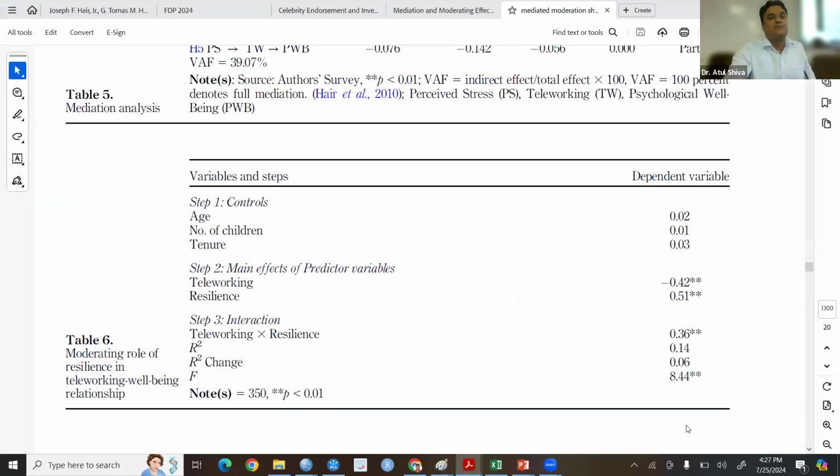स्टेप 1 मीन्स, फर्स्ट ऑफ ऑल, एज लीड्स टू वेलबींग। वो वैल्यू है इसकी। डीवी इज वेलबींग, डिपेंडेंट वेरिएबल इज वेलबींग, और एज इज इंडिपेंडेंट कंट्रोल वेरिएबल। तो एज लीड्स टू वेलबींग, नो। नंबर ऑफ चिल्ड्रन लीड्स टू वेलबींग, नो। टेन्योर लीड्स टू वेलबींग, नो। जब चेक करा होगा तो ये सिग्निफिकेंट थे, तीनों को लिया, रिटेन किया, बट फाइनल मॉडल रन किया तो नहीं आया।